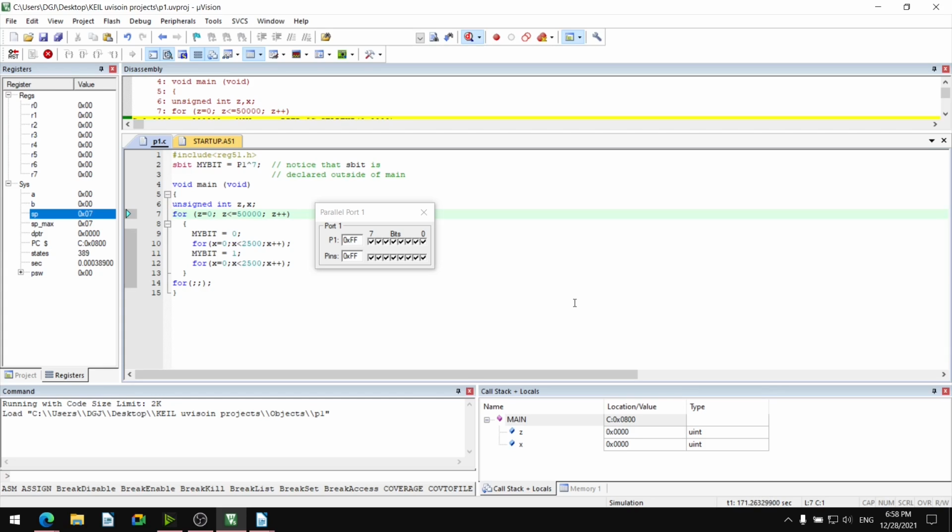So in this way we can toggle a single bit, and any bit can be defined with the port name, hat and bit name. Port name, hat, bit name.